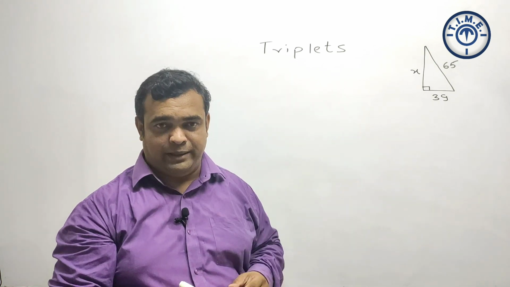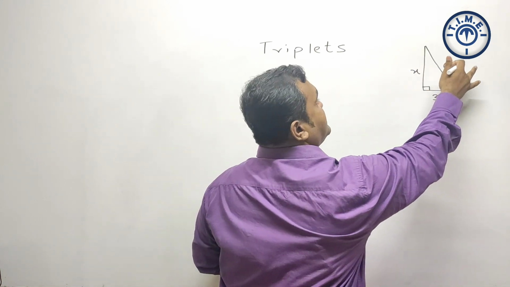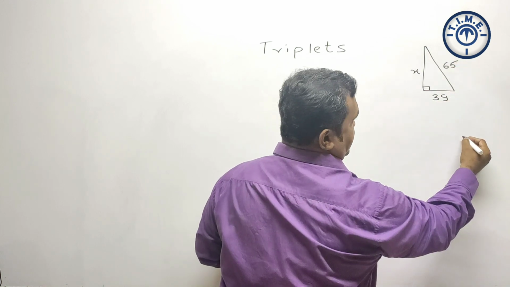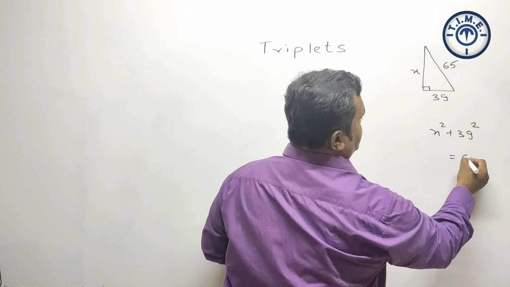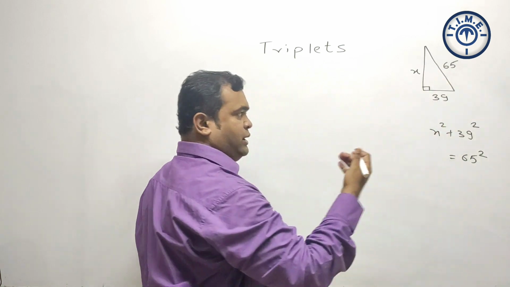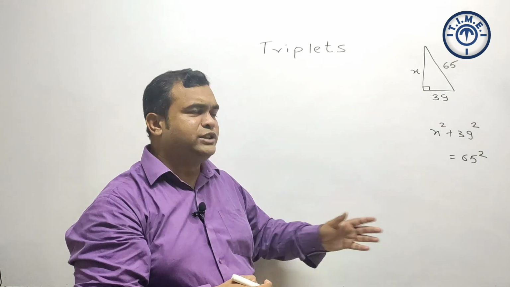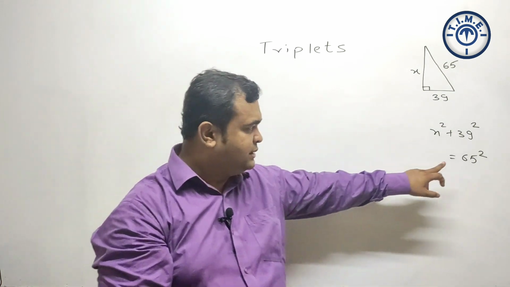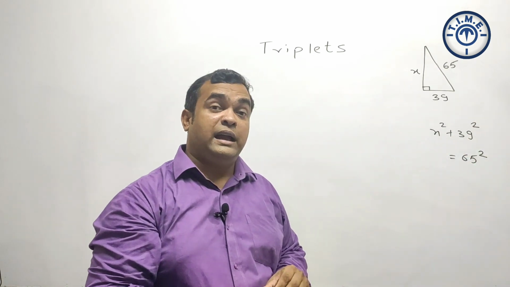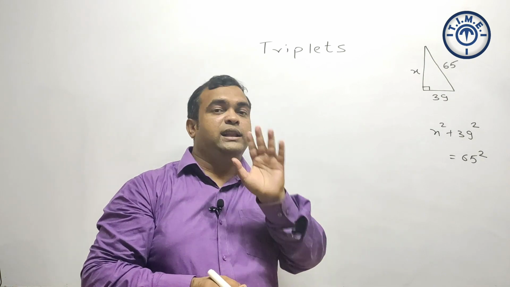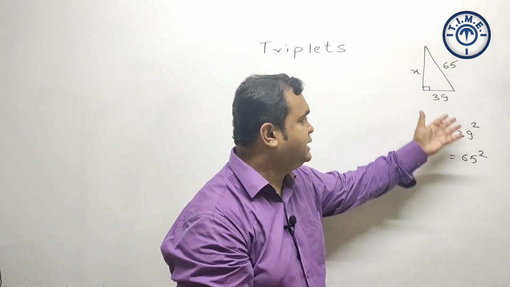I am not going to solve by the normal method. The Pythagoras way, you do x square plus 39 square is equal to 65 square. I am writing at the side, x square plus 39 square equals 65 square. You solve this, you will get a value of x. Those who are going to solve this will realize what the difficulty is: making 65 square, then 39 square, you subtract, and then whatever answer you get, finding the square root of that 4-digit number is more difficult. So how can I overcome all these things?